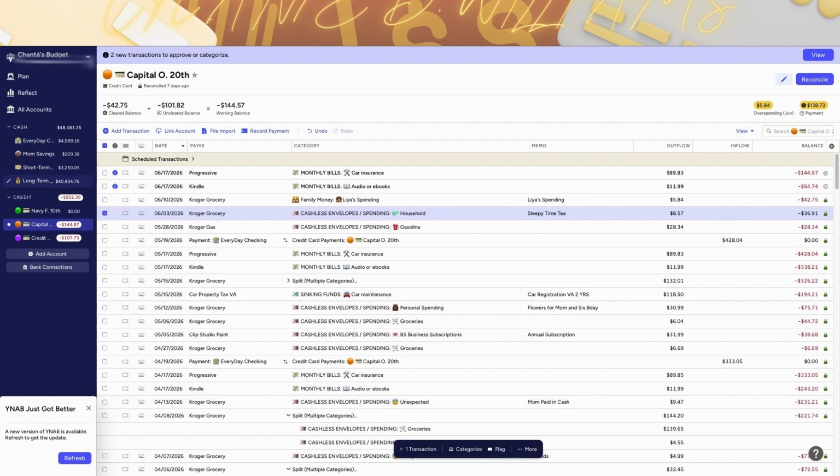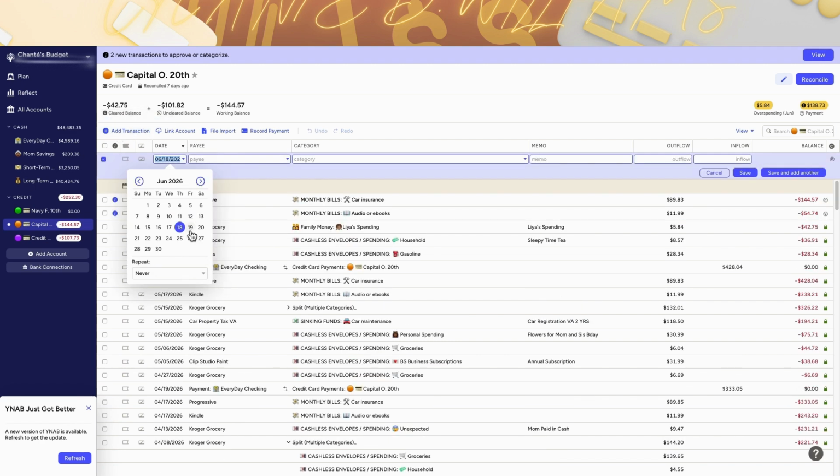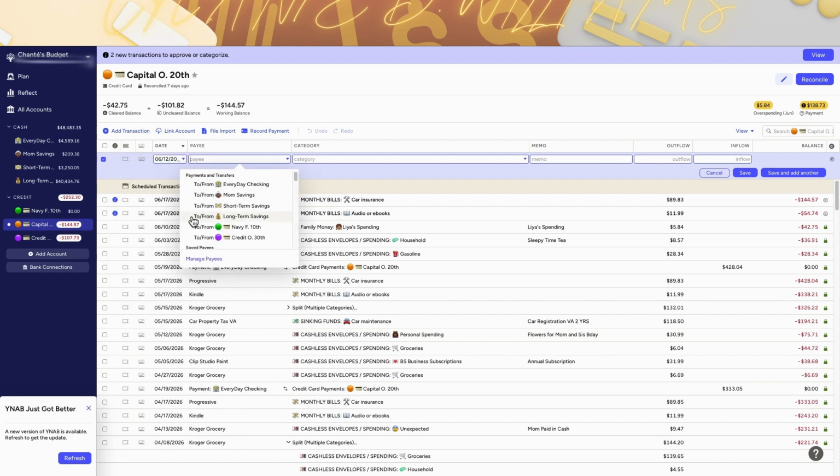Okay, so I have to add a transaction in between these last two. Like I said, I did a full grocery pickup around the 12th, so it says June 12th, and I made this last week Thursday, but it was still pending when I was budgeting, so I don't mind having it sit because I only track my spending and go on YNAB once a week. I don't do it from my phone or anything, I just know I have it in my account and budget it. So I spent